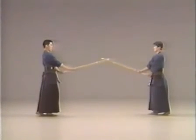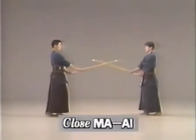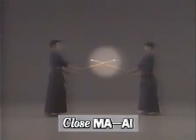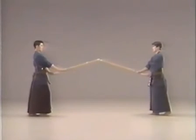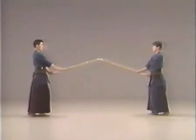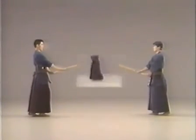Your shinai and your opponent's should cross at about 10 centimeters from the kensen. A closer stance is called chikai maai, or chikama. This is a larger interval called toi maai, or toma. Footwork plays an important role in striking your opponent and parrying his offense while maintaining a proper maai. Footwork techniques are known collectively